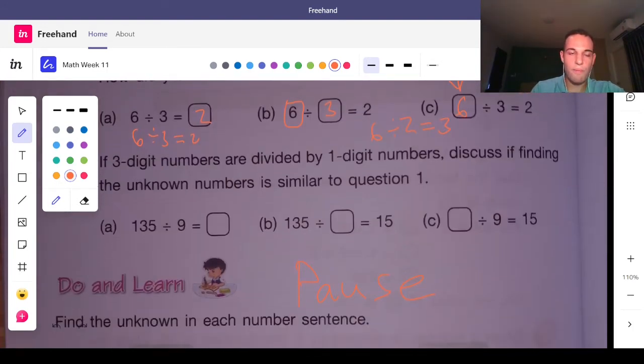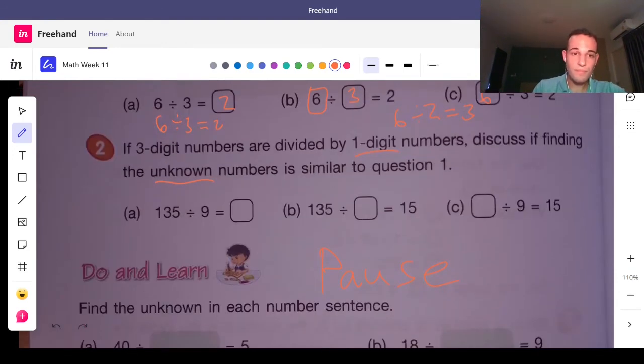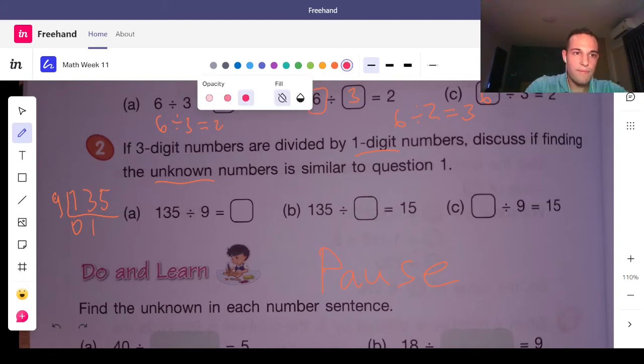Okay? Now, let's try that again if we have 3 digits. Well, if a 3-digit number is divided by a 1-digit number, let's find the unknowns. So we have 135 divided by 9 equals, well, let's find out. Oh, wait, we have the answer right here, but let's do it with our short division method really quick. Okay, so 135, 9 goes into 1 0 times, 9 goes into 13 1 times, and we have left over